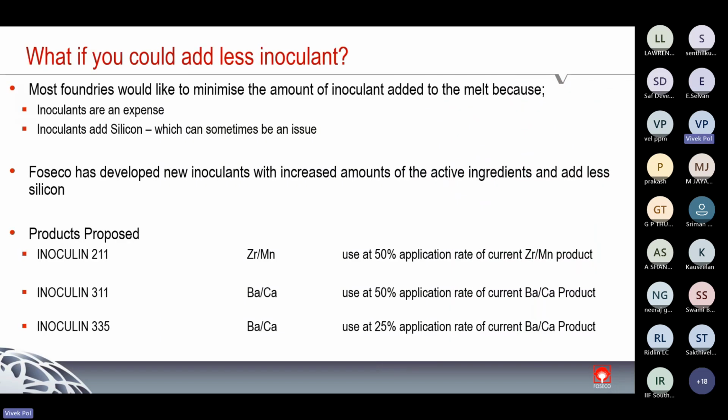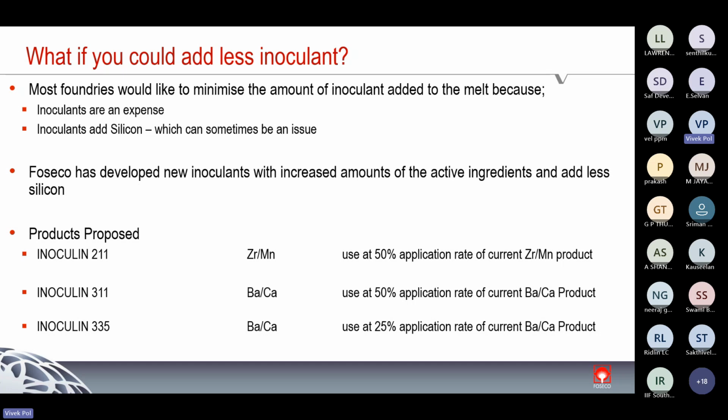Then this was about stream inoculant, and now we can talk about the ladle inoculation part. Many foundries don't have sophisticated pouring machines, and they still pour manually. And again, that important concept from the inoculant point of view, that as far as inoculants are concerned, we should use them as late as possible, and as little as possible.